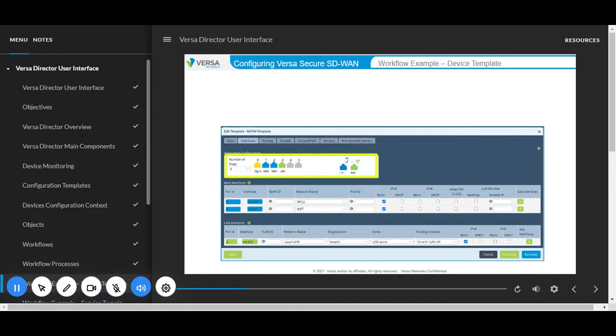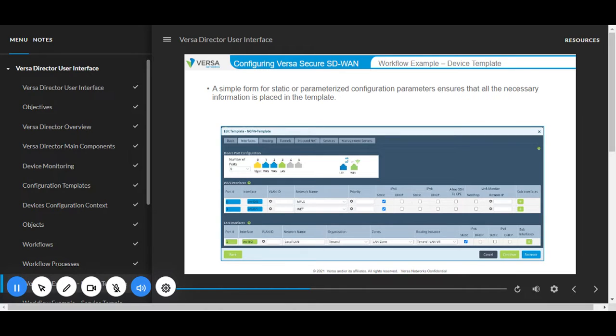The number of ports on the device is shown as a graphic, and ports are assigned roles by clicking on the port and selecting the appropriate parameters. Only the parameters that are valid to the organization associated with the template are available. A simple form for static or parameterized or per device configuration parameters ensures that all of the necessary information is